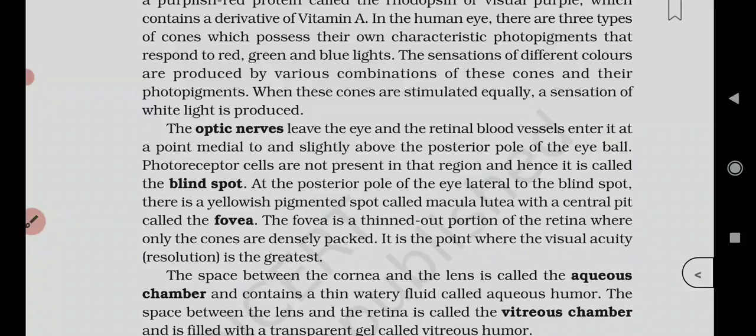I mean to say that we can see only in visible wavelength, not in less than visible wavelength or more than visible wavelength. So the light rays in visible wavelength focused on the retina through the cornea and lens generate potentials, means impulses